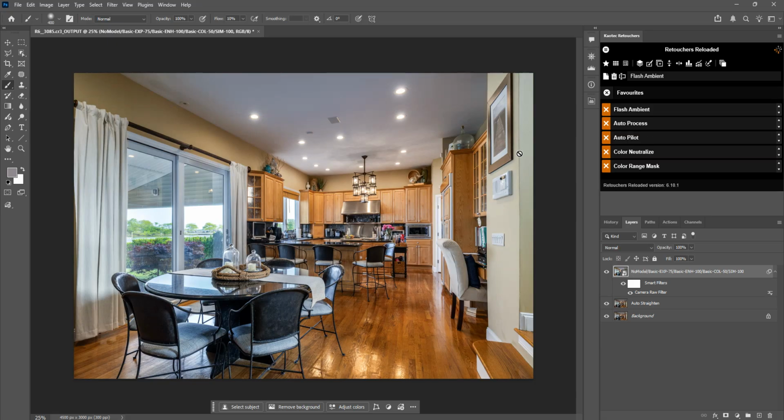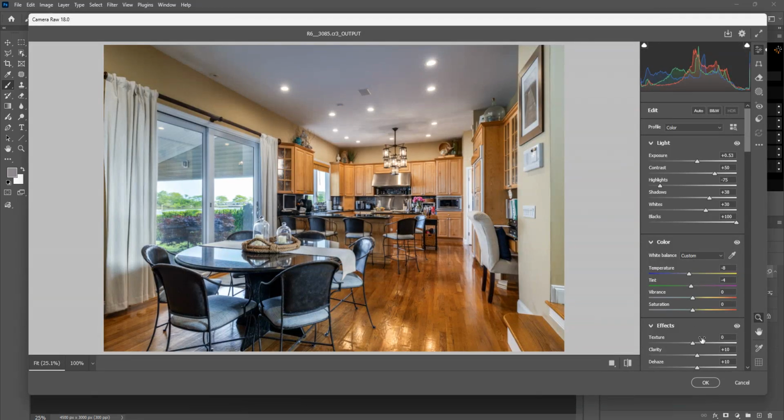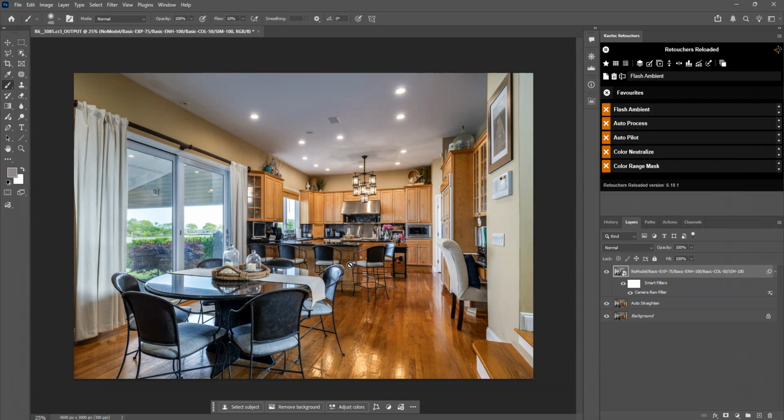So these are all default, but like I said, you can just make some changes to it. If you need to tweak this a bit, double click on camera raw, and then you can make some adjustments. I would say this is okay. I'm going to flatten. You can take down blues if you want to, but what I'm going to do is